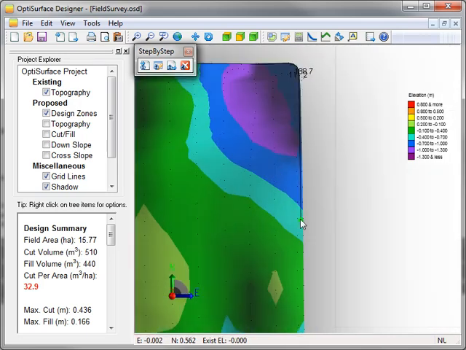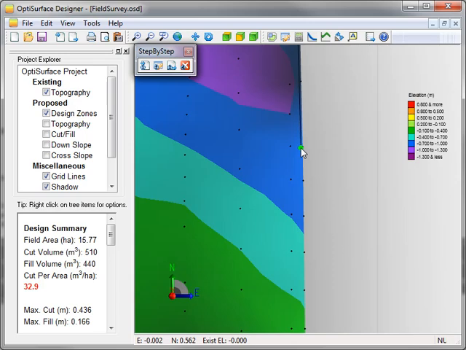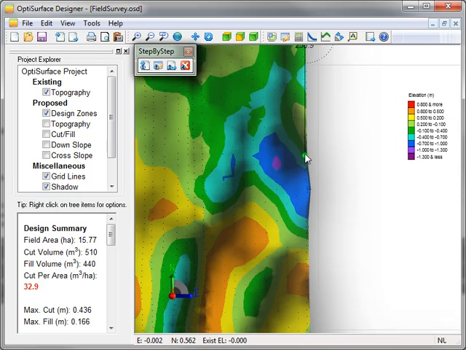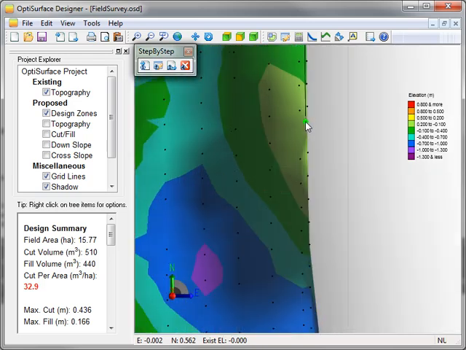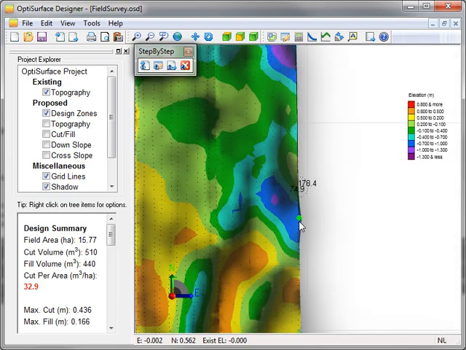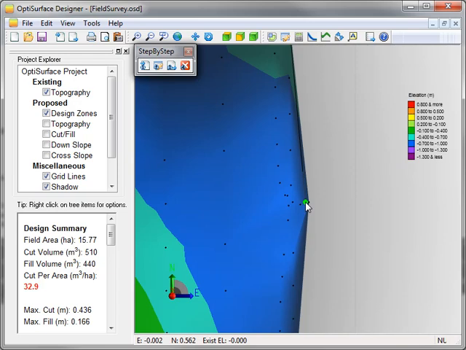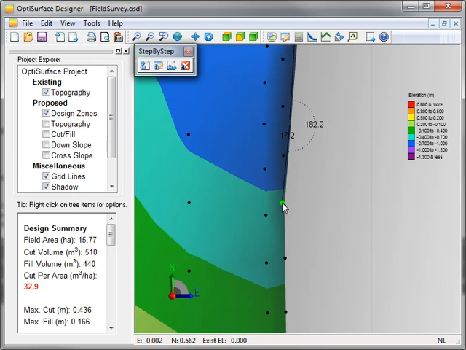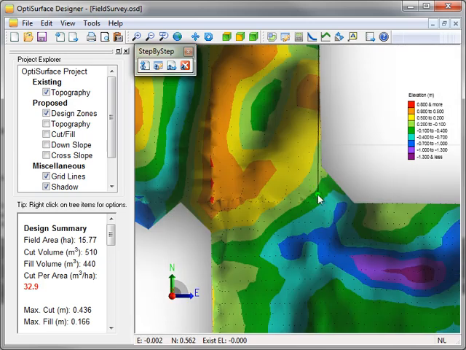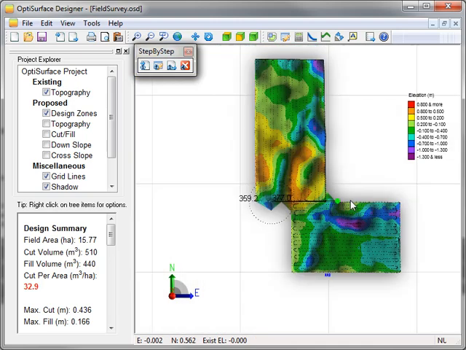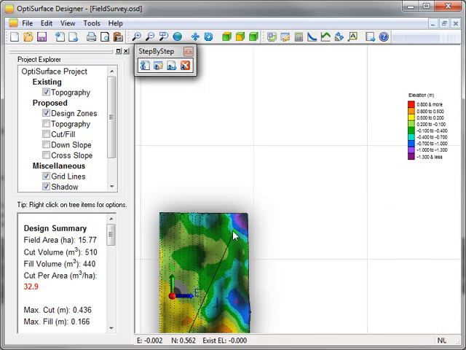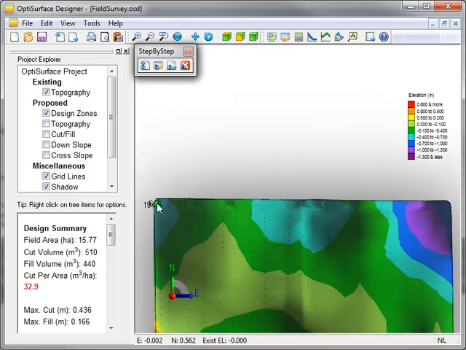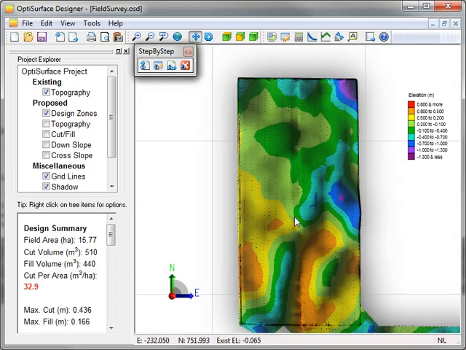So I'm clicking just inside the line, not far enough to be of concern, because when we do the design, the surface is extended anyway outside to make sure that our earth moving equipment always has a design surface to work from. Okay, so I'm just going to speed this up a bit and go a bit more roughly. Okay, so there's the boundary extended,